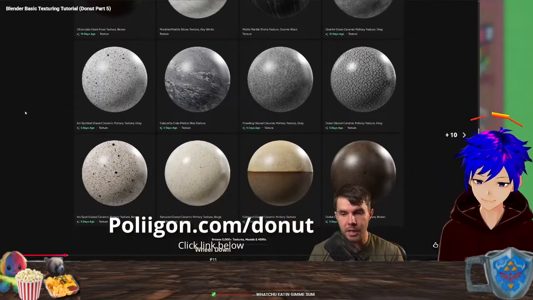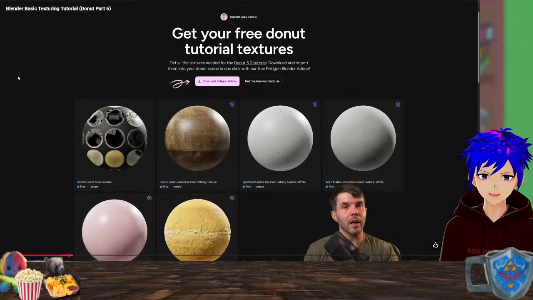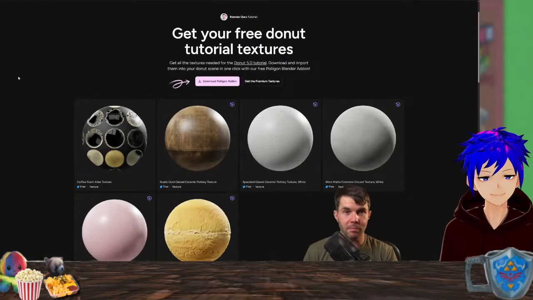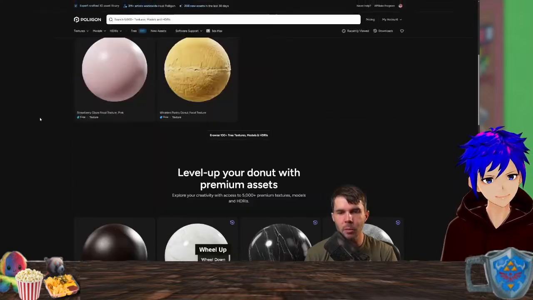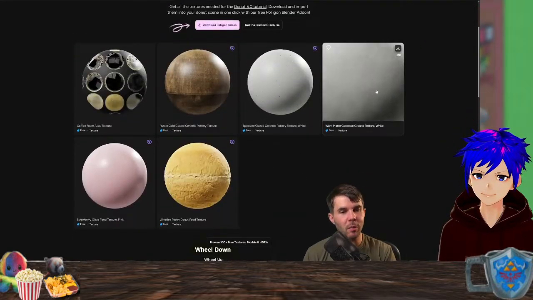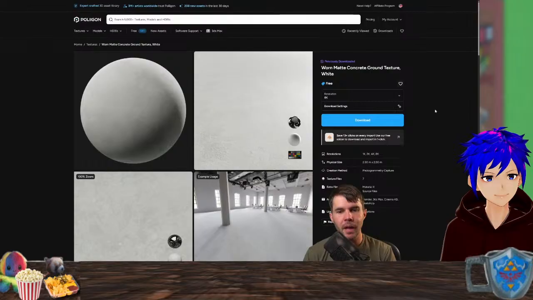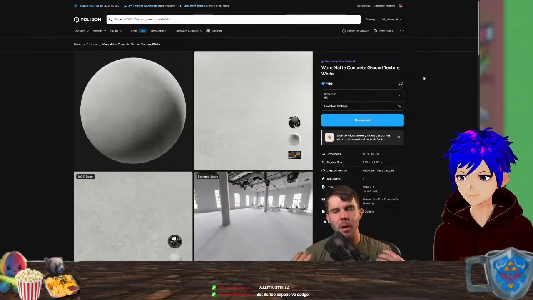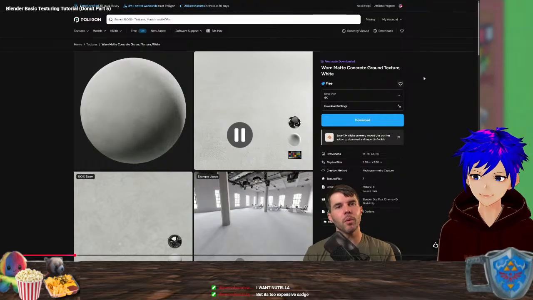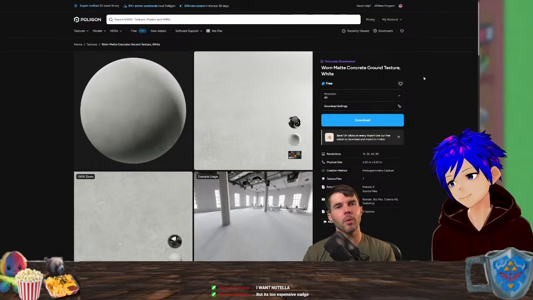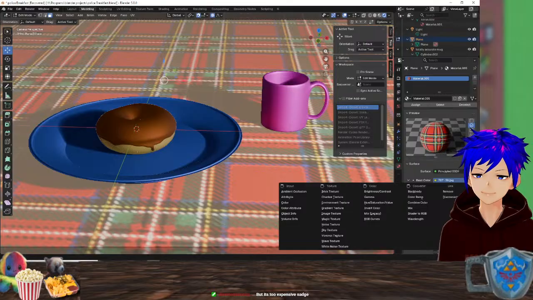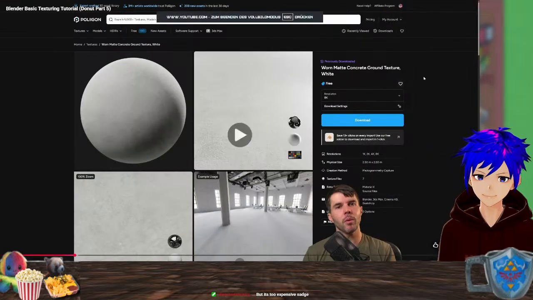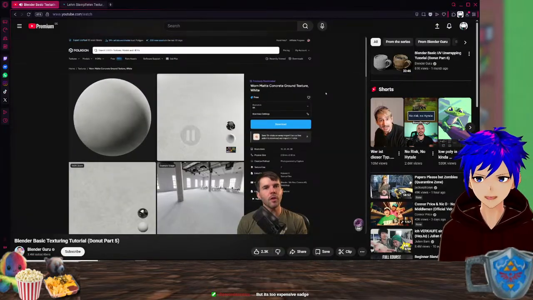We've got some premium textures, and our first is going to be our cafe table. Obviously you could use any texture for that. You could use some of the ones down there if you wanted to. But I want you to start with this one, this concrete texture, because we're going to make this look like a concrete table, something that a lot of cafes can sometimes have. Now, we actually have a Blender add-on which makes downloading and importing these things even simpler. But I want to give you the traditional way to import PBR textures first, so that you know